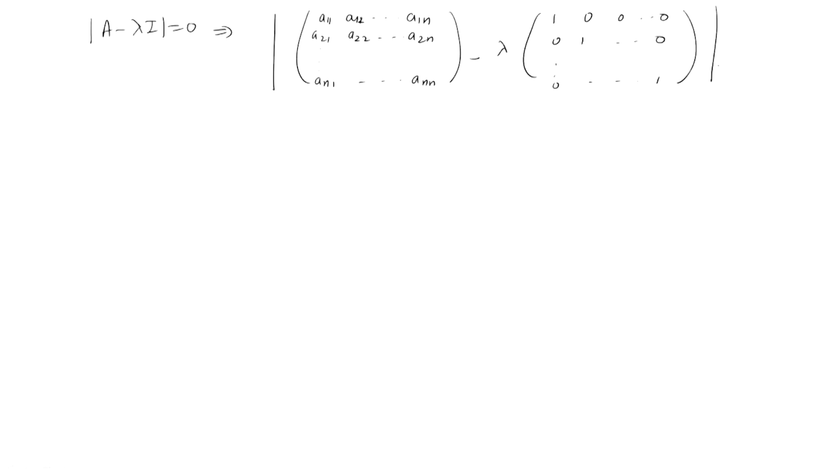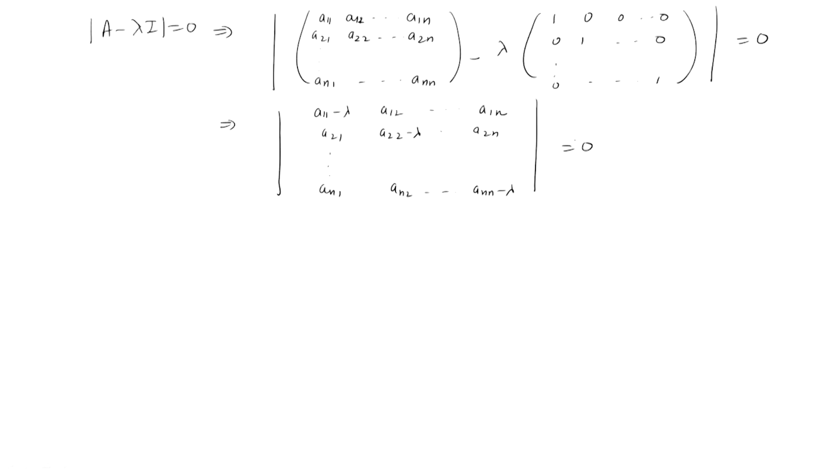So, when you take the determinant and put it equal to 0, this is nothing but the determinant of, you see, only this lambda will be subtracted from the diagonal elements because all other entries are 0. So, this will be the determinant of A11 minus lambda, A12 and so on up to A1n, then A21, A22 minus lambda, then A2n and so on, An1, An2 and so on up to Ann minus lambda. This determinant is equal to 0.